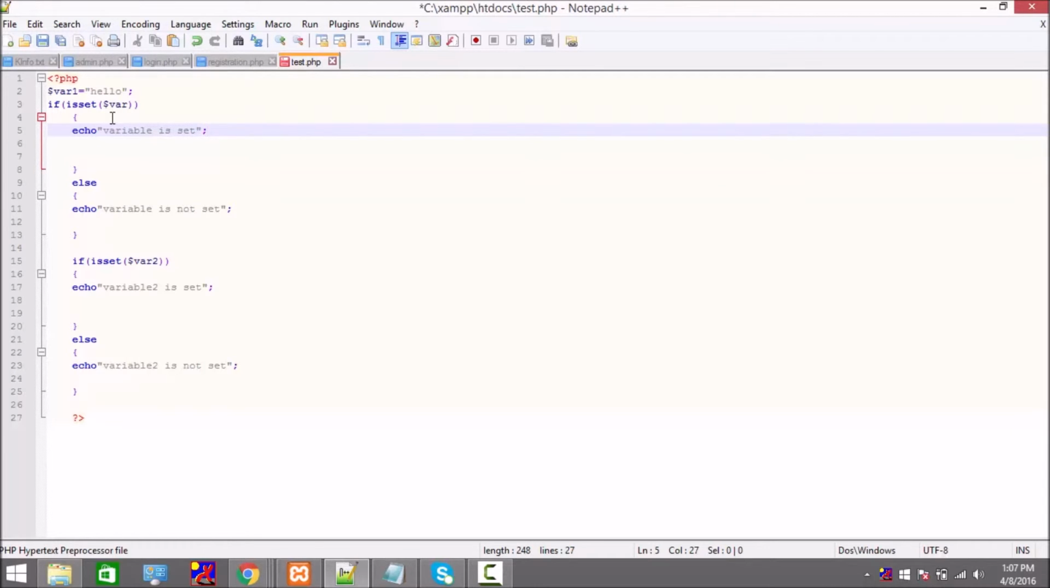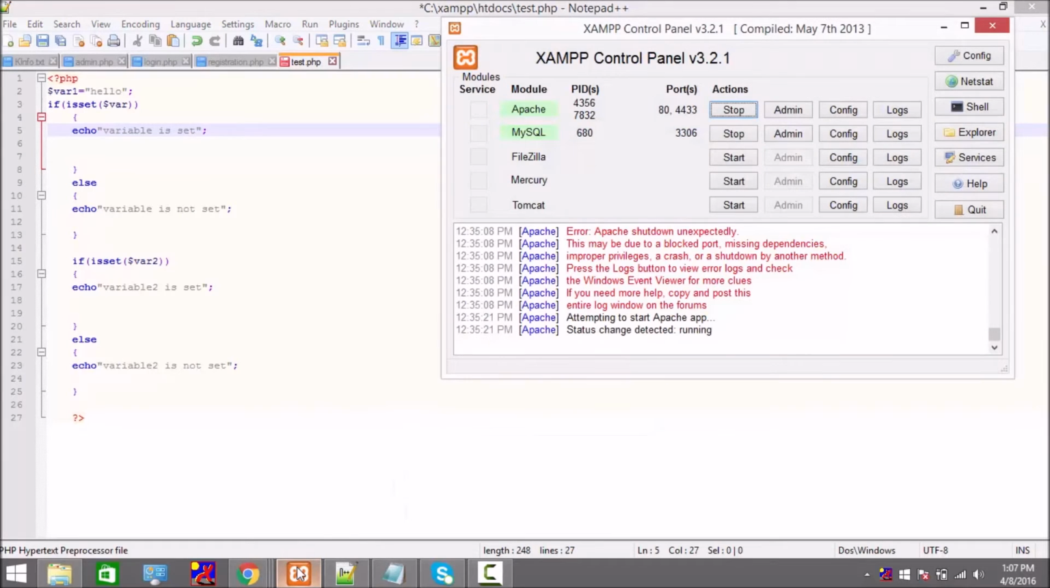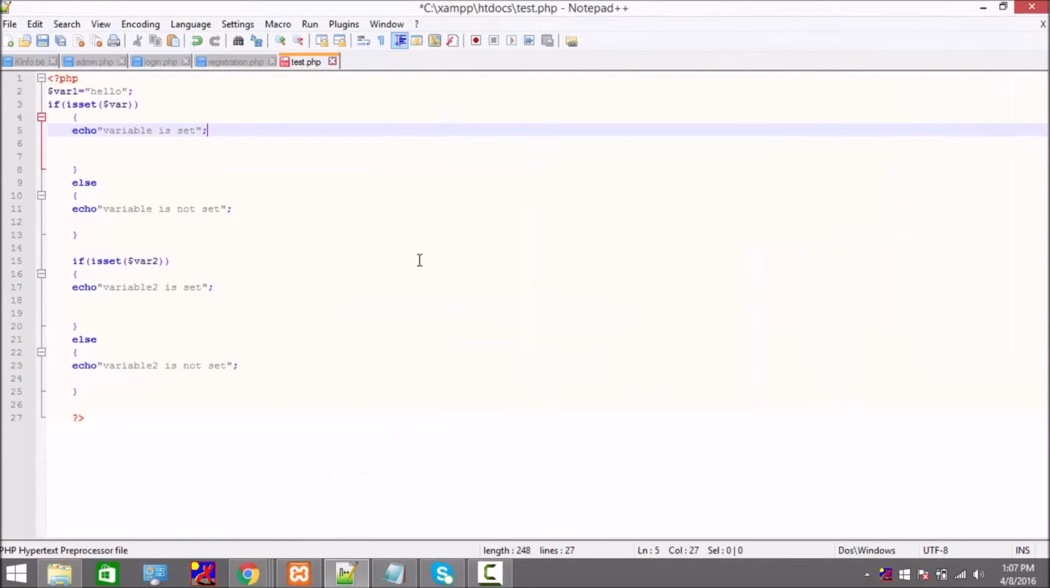So let's run this PHP code. You can run this PHP code by starting XAMPP, in which you have to start two modules, Apache and MySQL. This is how you can start XAMPP. You have to start these two modules from here, and after that just open your browser,